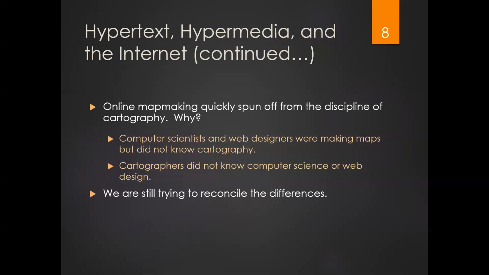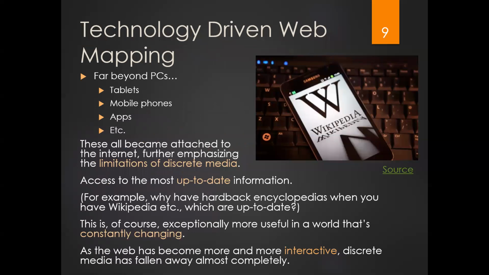That's the reason why now we have a lot of classes in the Department of Geography. They are not only about cartography and GIS, they're also about programming. They are also about computer science, right? So today, internet is everywhere. We can use PCs, tablets, mobile phones to access internet, and we can use different programs, apps, software to access internet, to manipulate our data on the internet.